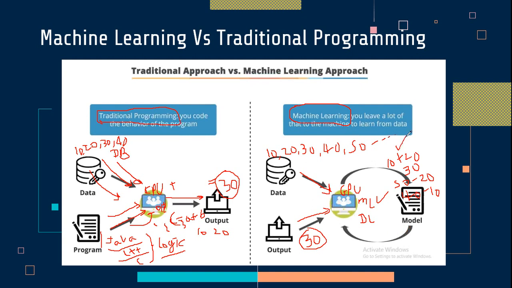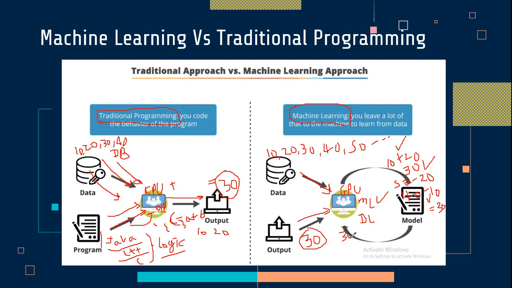Either you can select the plus option, or select the 30 directly, or select the minus option. If you take the minus option, there are again two possibilities: 50 minus 20, or 40 minus 10, so that you get the output equal to 30. This will be chosen by this ML library. So you just say what your expected output is, what you want. The GPU and this machine learning algorithm will work on it, and it will send you the 30.